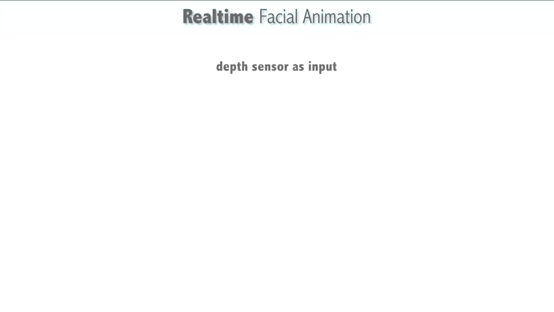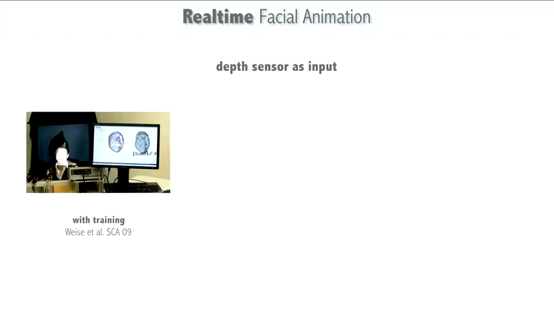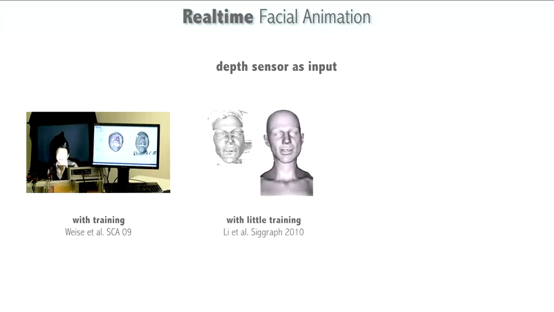In the beginning, we started with a structured light device, something that you would build in a research lab. And that was, as you've seen, one of the early works. And it required a lot of training data, right? So you need to build a PCA model, you need to perform thousands of different expressions. And later on, we wanted to make these things more useful for people, right? So the first step is to reduce the amount of calibration that you needed. We introduced our work on example-based facial rigging in order to reduce the amount of calibration, something that, if you heard about FaceShift, it's one of the components that actually